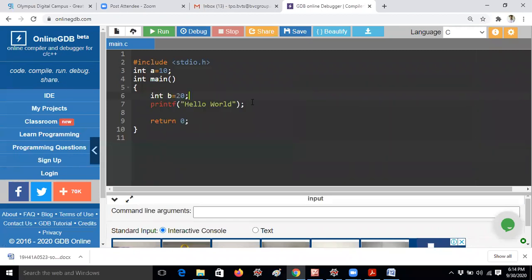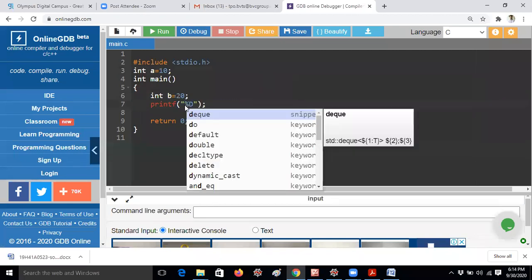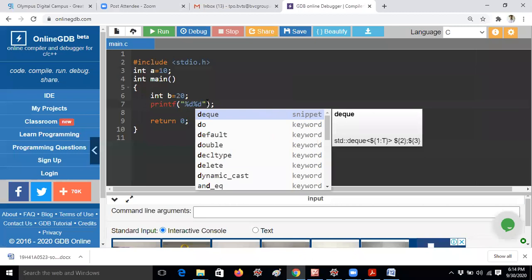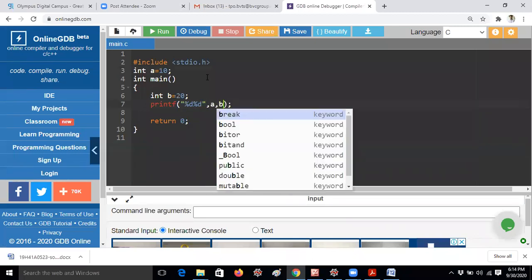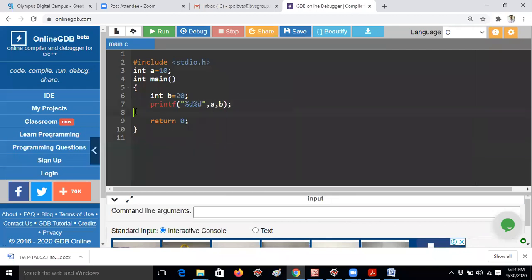If I would like to print the values of a and b, with printf percentage d and percentage d, giving a comma b.